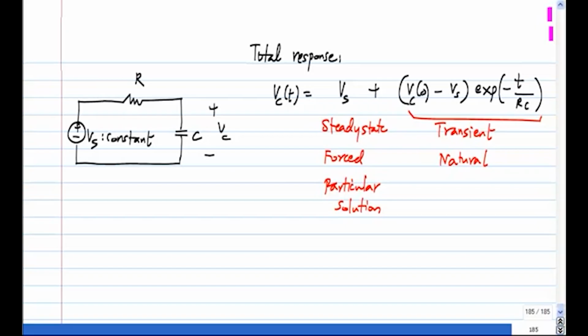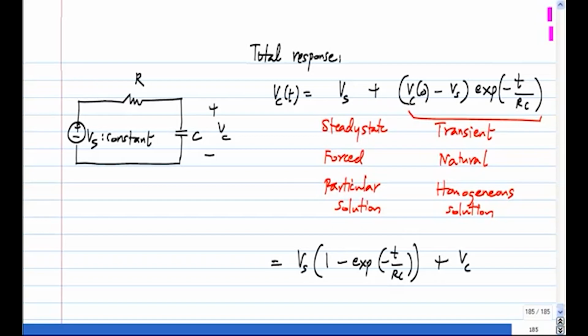Okay, because you have a particular value of R and C, there is an exponential with a certain characteristic, okay, with 1 over RC in the argument. That's what gives you the natural response, or you can also think of it as the solution to the homogeneous equation. Okay, and the other way of dividing it up is to group all the terms with Vs and the terms with the initial conditions,